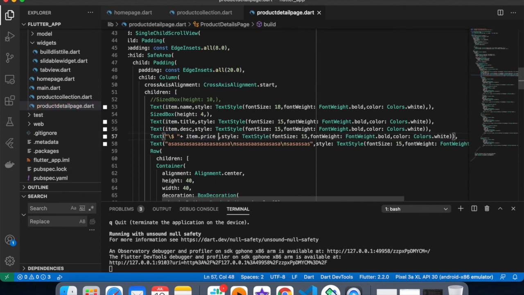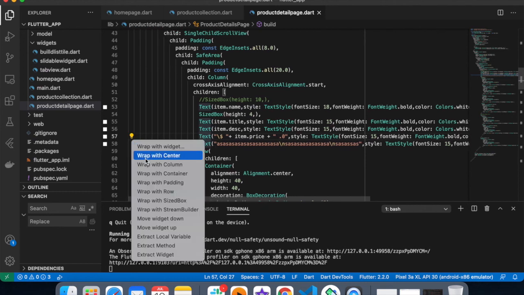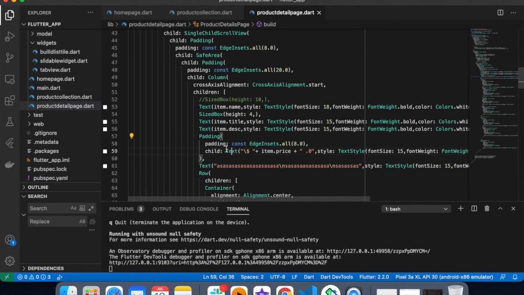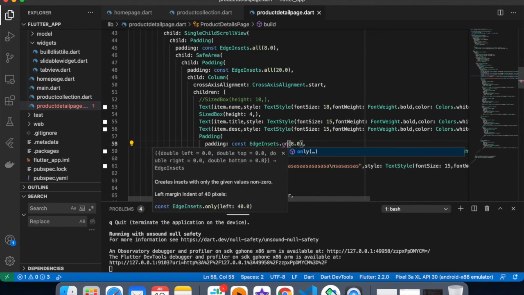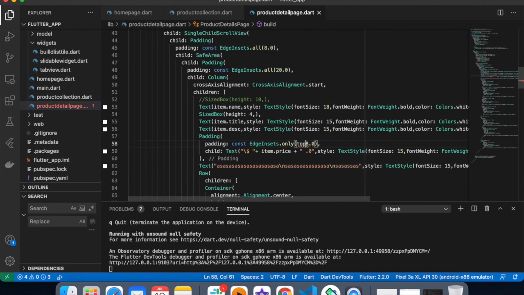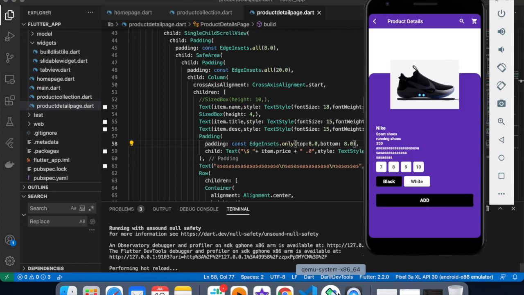Also, I'm giving point O to give the point option. Also give the padding, not all, because I want my padding to happen only to the top and the bottom. So top equals to 8.0. Also bottom I am also taking 8.0, and let's refresh it.